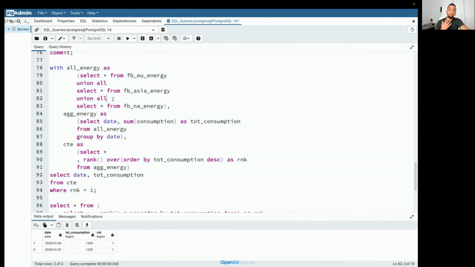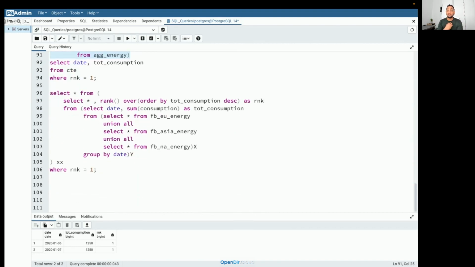Why a lot of people prefer to use with clause is because you see, each section of your query is segregated into a particular temp table with a name. If you had to make any changes, it's very easy for you to go back and change. Now for us it might be very easy to change here, but let's say you are working on a project where some queries have been written many years back, and not just a query which is 10, 20 lines long, but a query which might be 100, 200 lines long. If you had used with clauses, then it becomes very easy not only to read but also to make any modification in the query.